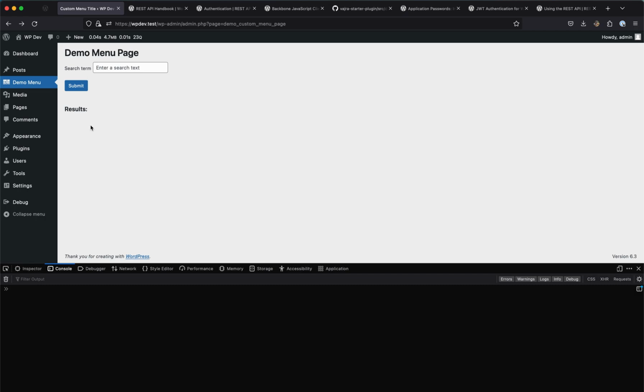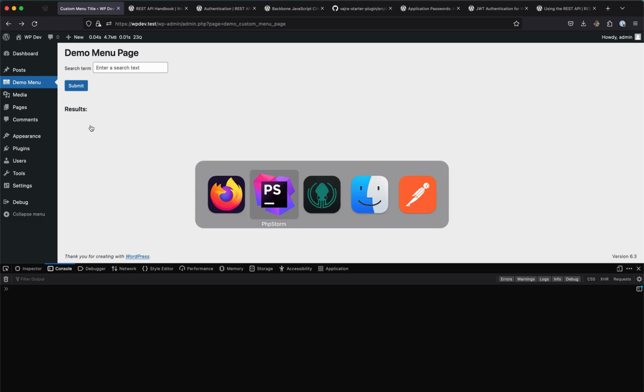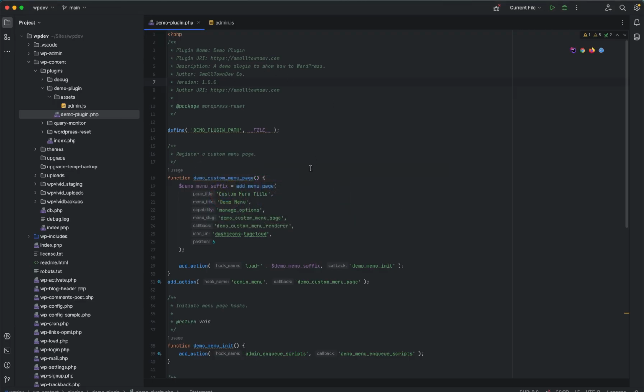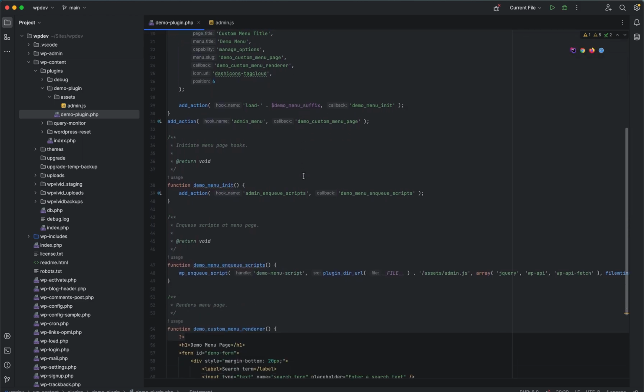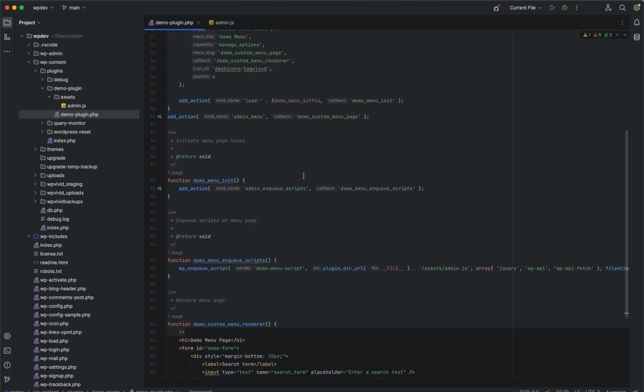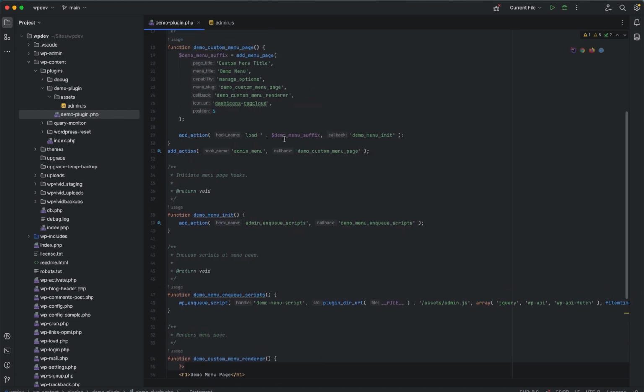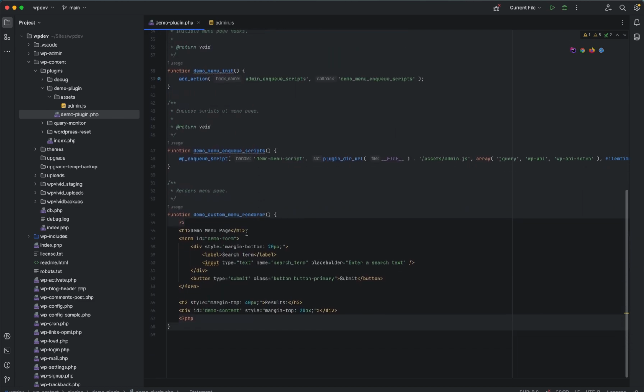So let's take a look at the source code. We are using PHP Storm, and here it is. It's a barebone plugin. I have a single file. So this just registers that menu page and the form, as I mentioned, and again the script